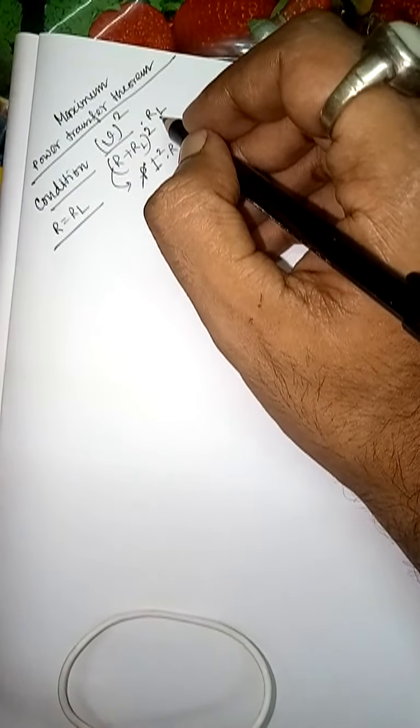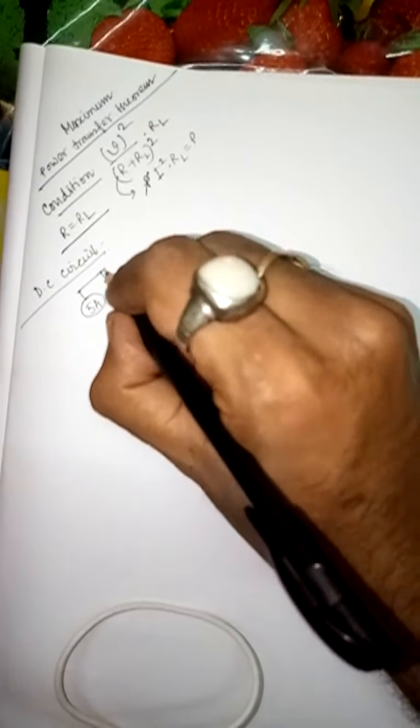Now the maximum power transfer theorem, we have applied that theorem in DC circuits and AC circuits. So in the first problem I am applying this on a DC circuit. Here it is given as 5 ampere, a 2 ohm resistance, that is R,